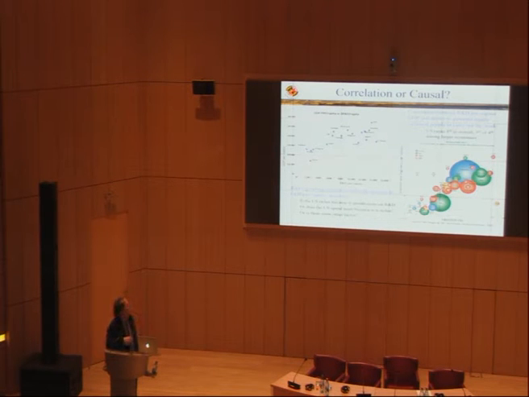And what you can see in the upper left is plotted GDP per capita, gross domestic product per person, and R&D per person spent in the countries. The data is difficult to gather and has some uncertainties. However, what you can see is that low GDP per capita and low R&D per capita are correlated. High GDP per capita is correlated with high R&D per capita. So this is a very significant thing, and it's a very interesting clue as to what is the nature of